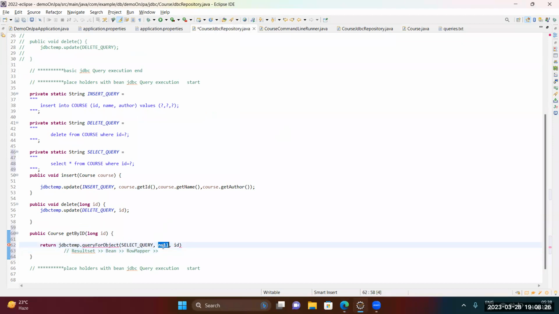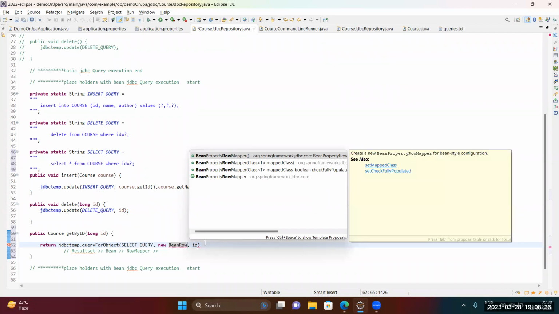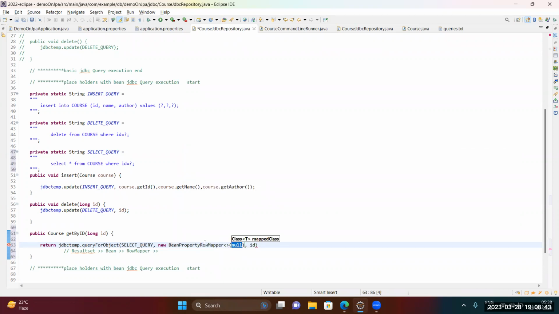Okay, so what we are going to do here, new bean property row mapper. What was the class that we wanted to map? It is course